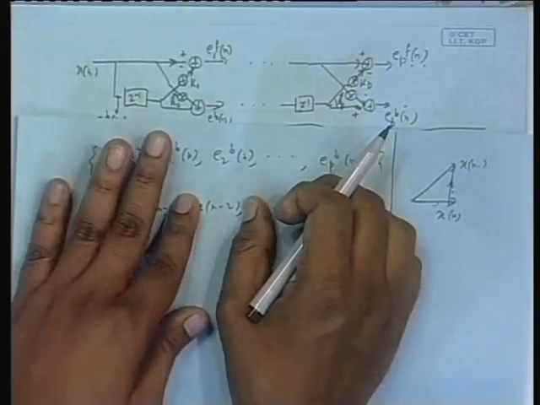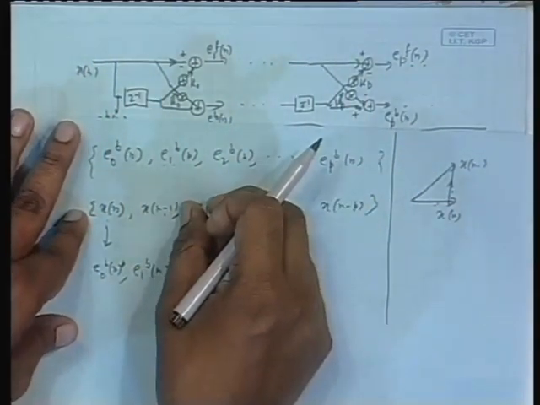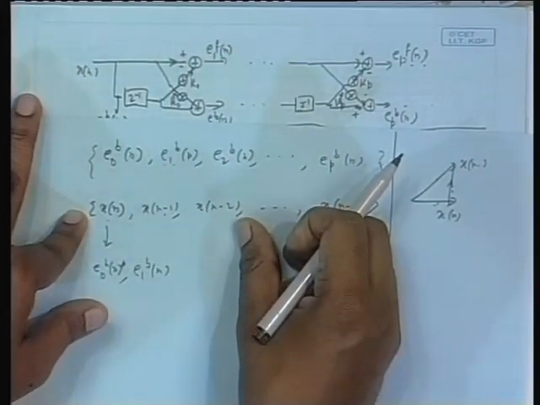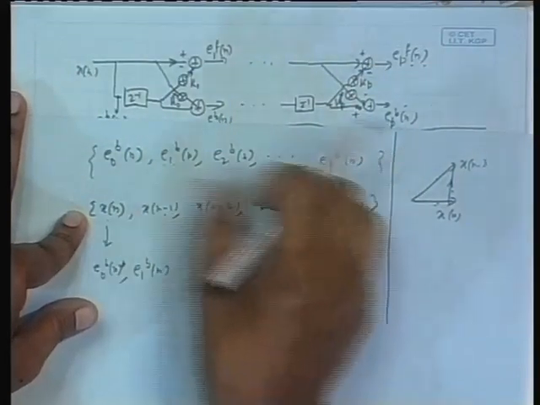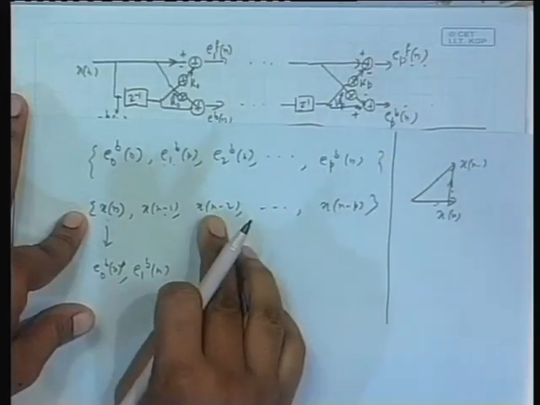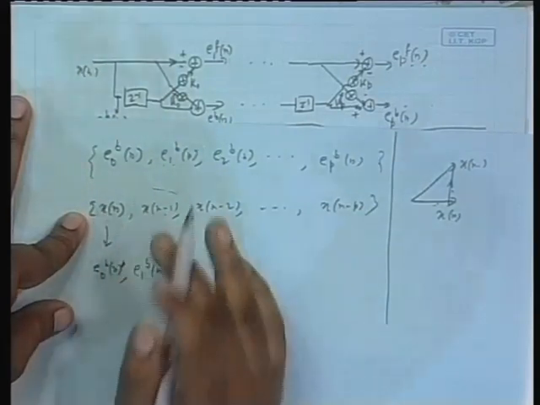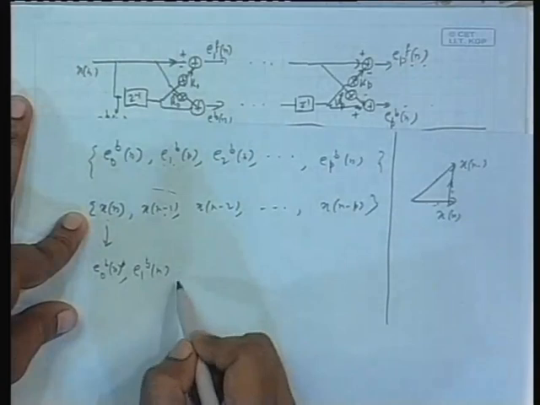Suppose you get another guy, you make this a bigger set. No, I am not interested in projecting on such a small space. Another fellow has come. Let me expand the filter order. Earlier only two terms, now another term. So, fine. Space spanned by these three is what? What will I do now? I will now take this guy, project it orthogonally on the space spanned by these two, take the error. That error will be what?